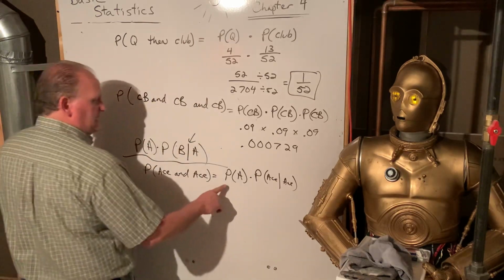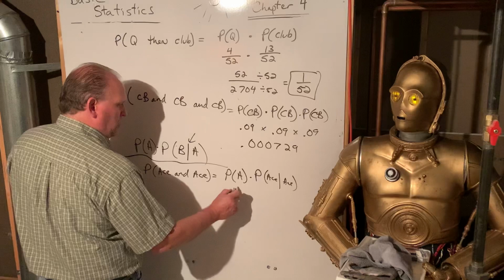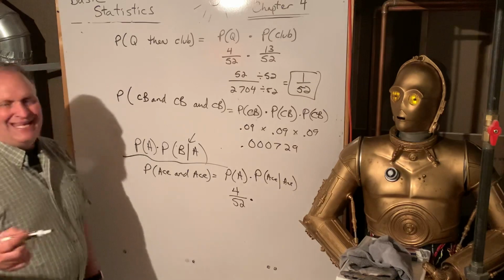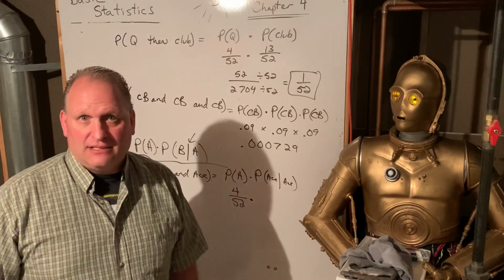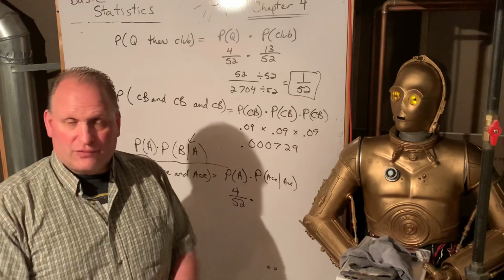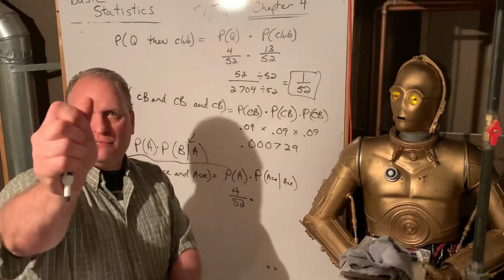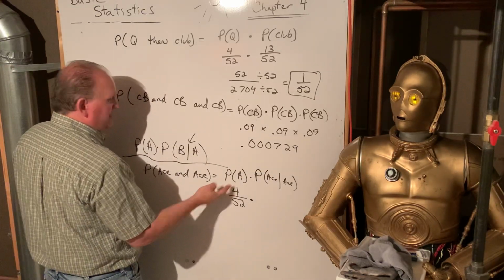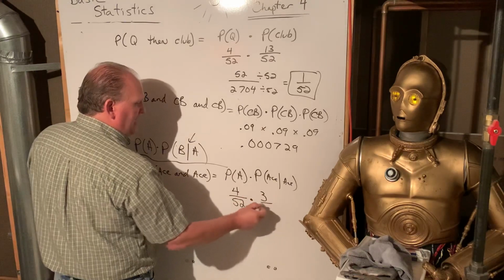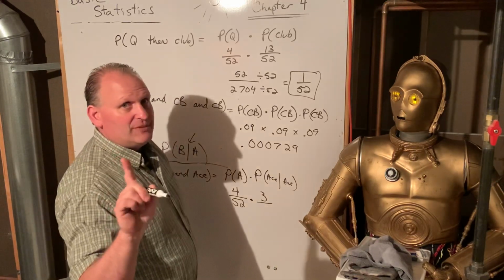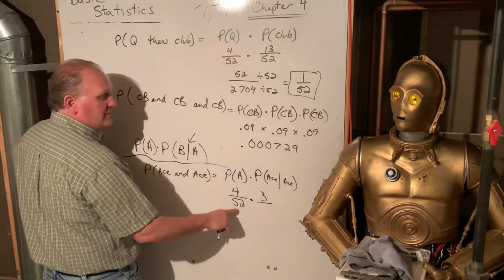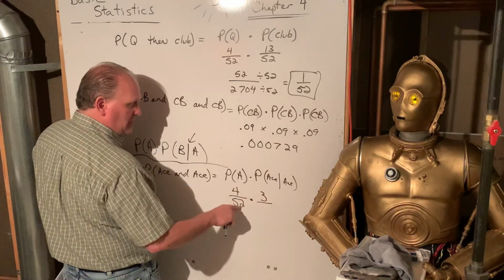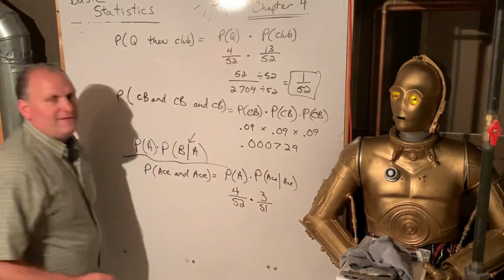All right, so let's see. The probability that you get an ace is 4 aces in a deck of 52 cards. Now you pretend like that happened, like you got an ace. So we pretend we pulled an ace. We have a pretend deck here. I shuffled it up really good. I drew a card. It was an ace. Now, how many aces are left? Well, if there were 4 to begin with, and I just drew one, there's only 3 left. And now this is very important. This is probably the number one mistake that students make on these kinds of problems. You got to remember to reduce the sample space. There's 1 card out of the deck. 1 ace is gone, so it's no longer out of 52. It's now out of 51.